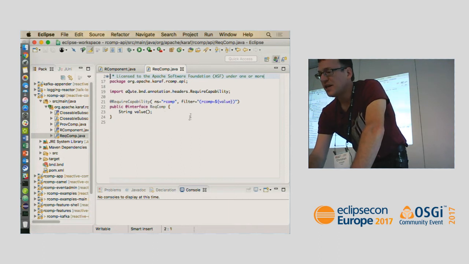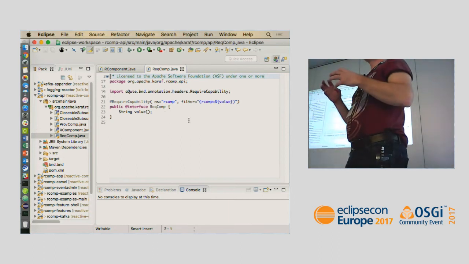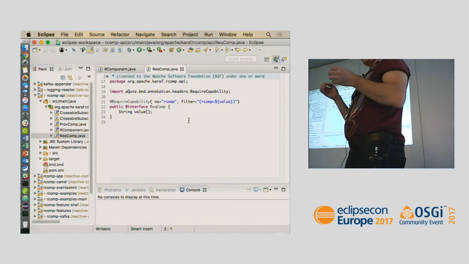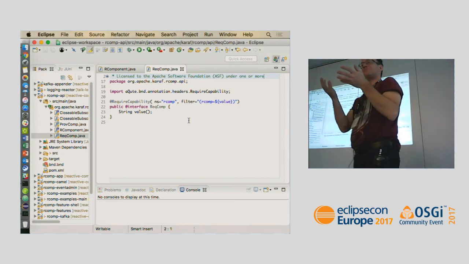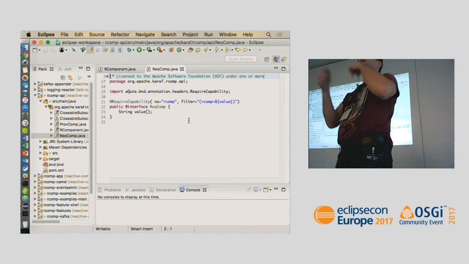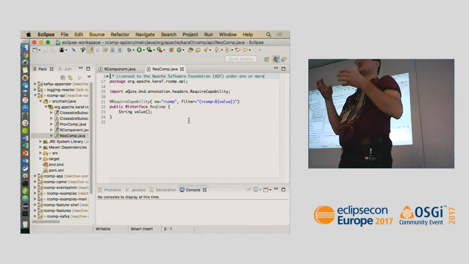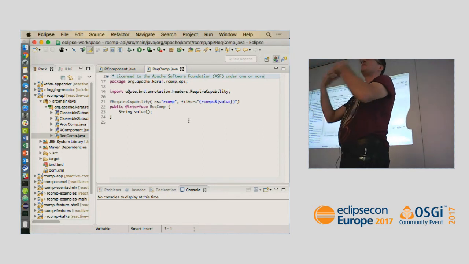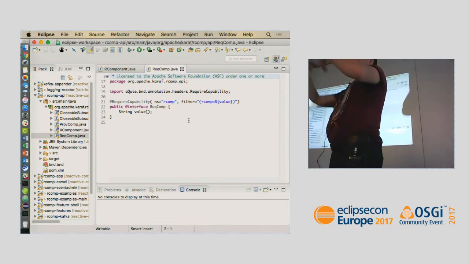So basically, as reactive components are so decoupled from the implementation, like you just depend on a service, the OSGi resolver will have difficulties providing you automatically, for example, the MQTT component with its implementation.